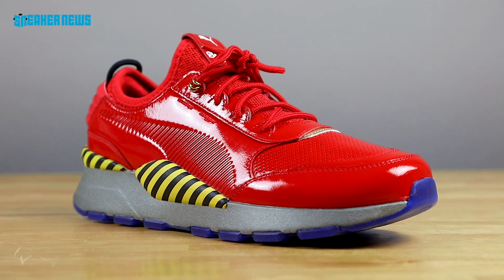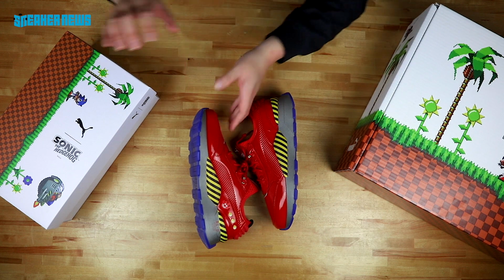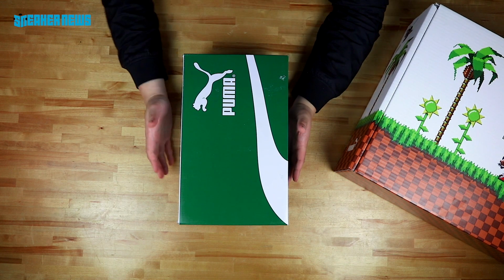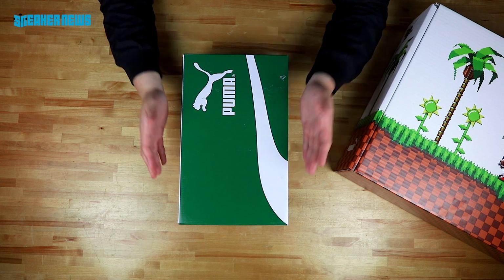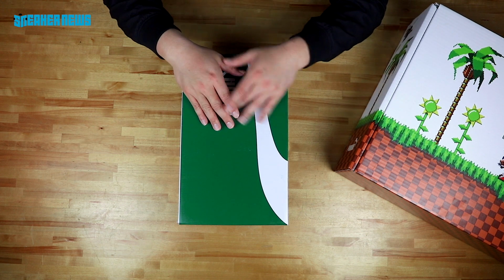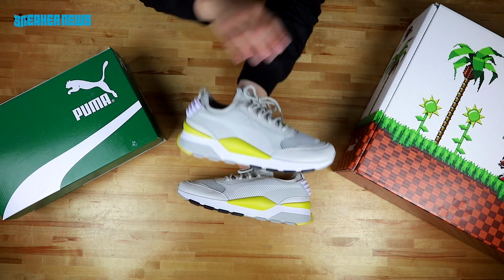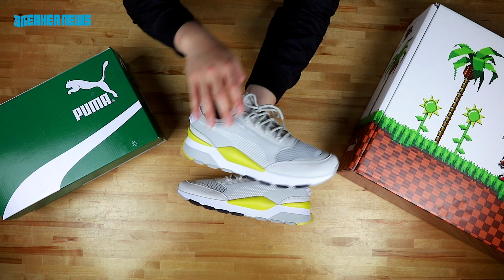So this is a Puma RS-0 Dr. Eggman colorway, and we do have one more shoe to show you. This is the third shoe that came in this special edition package. It's not quite part of the Sonic the Hedgehog collaboration, but this colorway is part of a separate pack that sort of plays into the whole retro gaming theme. So quick shot of the box top there. Let's open that up. So again, this is the Puma RS-0, very simple gray and yellow colorway,